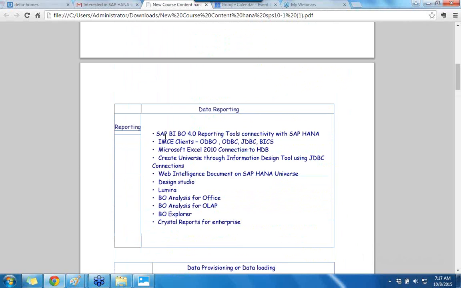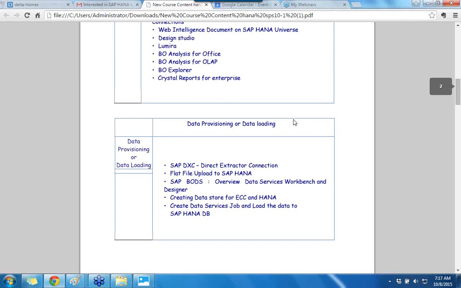And coming to the reporting, we'll have different set of tools. You will see from reporting perspective, connecting different tools to HANA like Analysis for Office, OLAP Explorer, Design Studio, Fiori, how to design application in Fiori. And coming to the data provisioning, we'll see different data provisioning methods like DXC, flat file uploads, BODS, SLT,